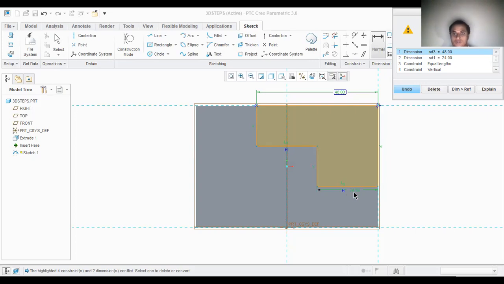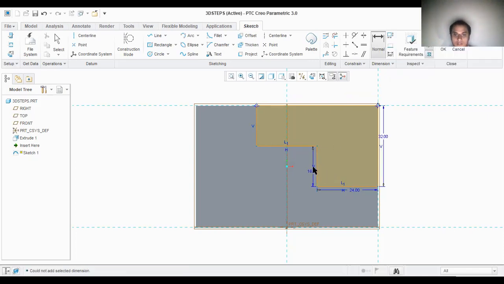So it is 24. And this is 32. And I gave this as 16. So everything is the same, so I got exact dimensions. Okay. So I made it in such a way that the two heights are the same, so that when I gave this as 24, automatically this changed to 24. Then I'll click on OK.